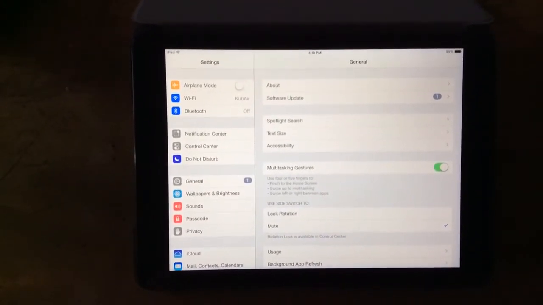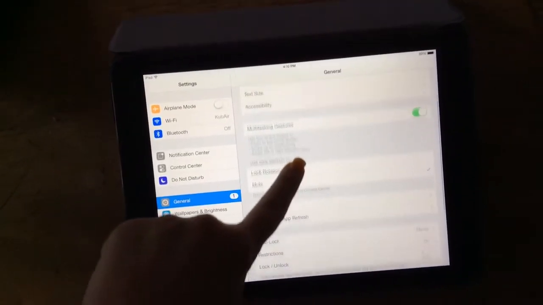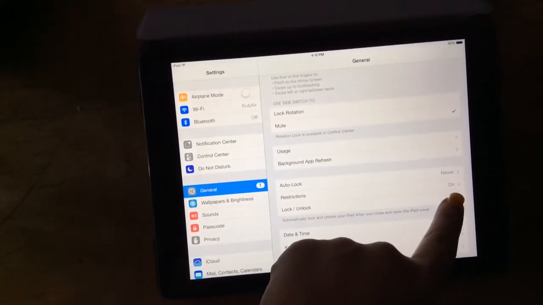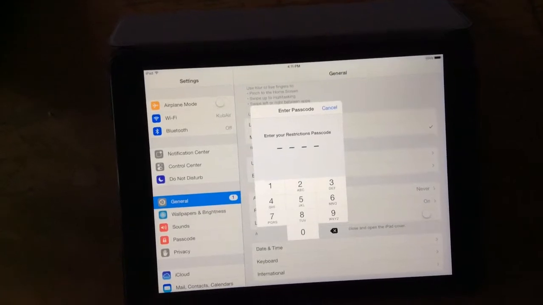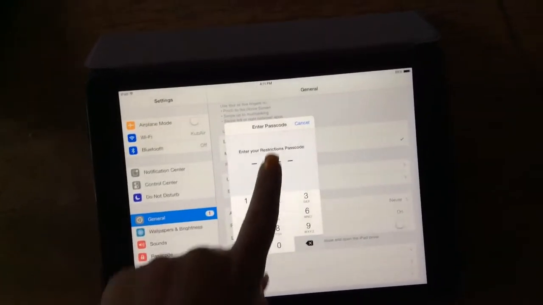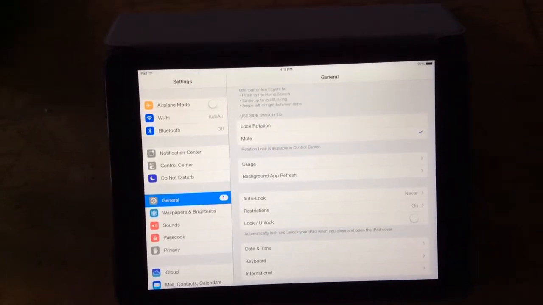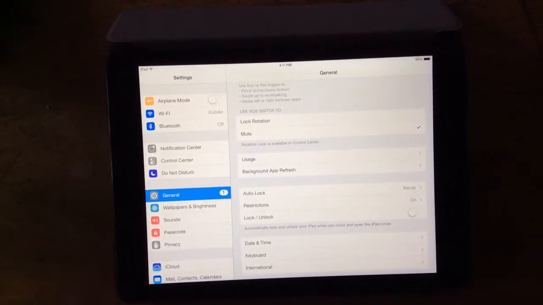There is a, let's see, if we go to General and Restrictions right here, and you'll notice Restrictions is on. And right there, if I hit Restrictions right now, it's going to ask me for the passcode. And you can create a passcode and restrict and open whatever you want, like if you don't want them downloading things from the App Store, if you don't want them moving apps around,